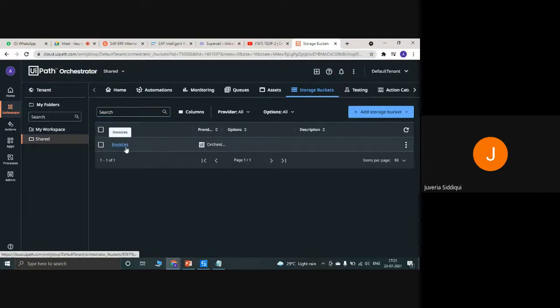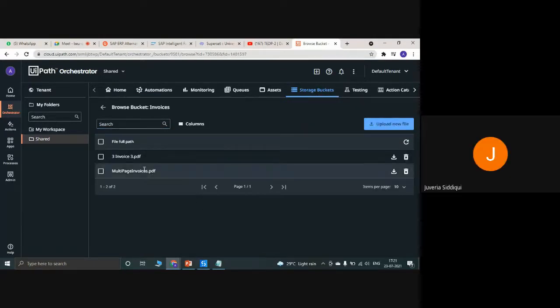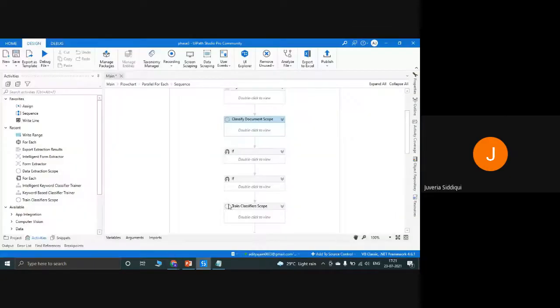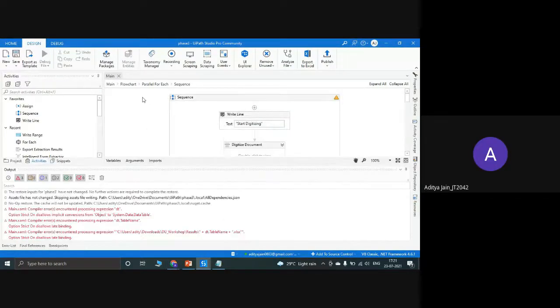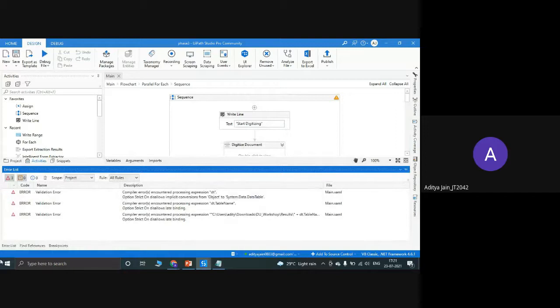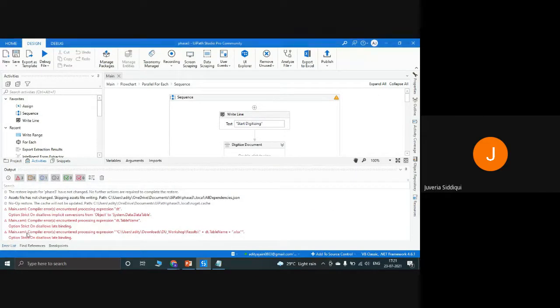Ma'am, I just created invoices. All right, very good. Let's go and see what you have now. Okay, there is this pin kind of icon. If you click twice, it will dock your error list. We can first see your configuration.